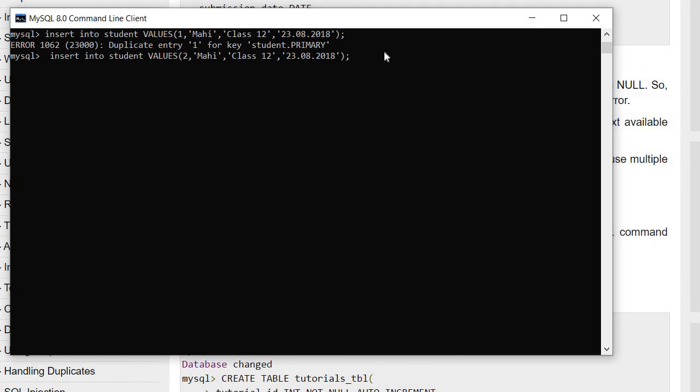Now I will execute. See here, query okay, one row affected and one warning. Because I already executed one command on the table, and roll number is your primary key, it cannot be null and the value cannot be duplicate.